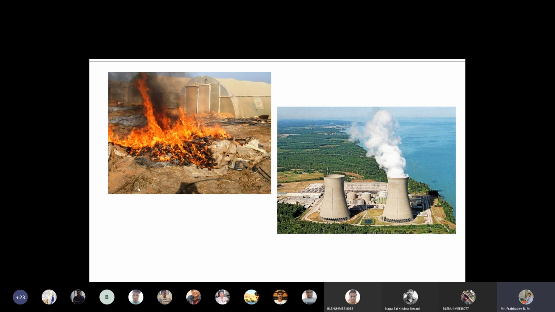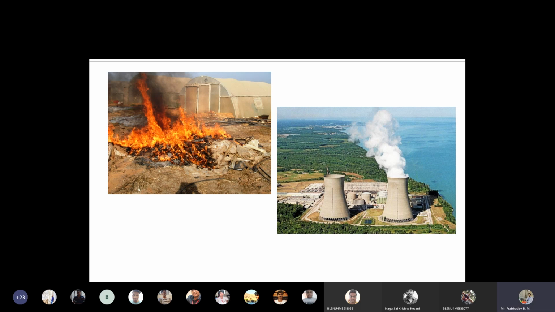But it has a low calorific value. That is why it is not much adopted. And also there is a transportation problem. The expense it takes to transport this agricultural waste to the power production plant is more than the energy we get from that type of material. So that is why it is not much popular these days.